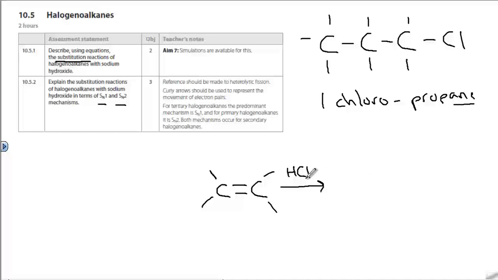compound like hydrochloric acid. And the issue here is that the compound we're adding here is added across the double bond. So the highlight here, and what I'm trying to stress to you or remind you of here, is what an addition reaction is. And in an addition reaction, our original compound and the added reagent will combine. There will be no byproduct. So here what we're going to have is this hydrogen and this chloride adding across this bond,